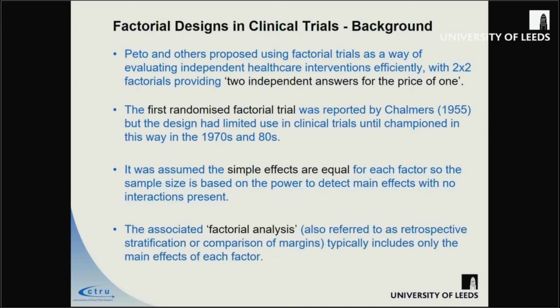And as a result, they proposed something called a factorial analysis, which I squirm at, but I will use anyway, because that's what it's used in the literature as. Because to me it isn't a factorial analysis, because it has nothing to do with the factorial design literature. It is something that is very specific to clinical trials. And that analysis basically includes the main effect for factor A, the main effect for factor B, and nothing else in the model. And this is the way that most factorial trials are analysed.